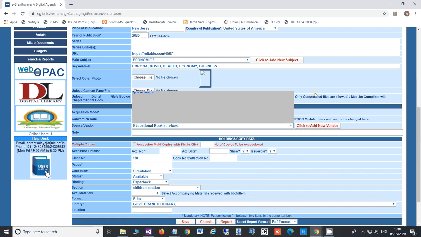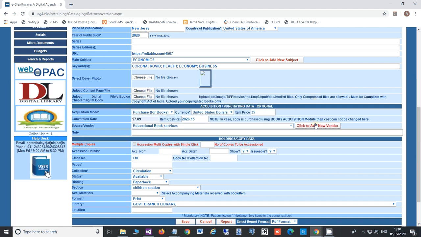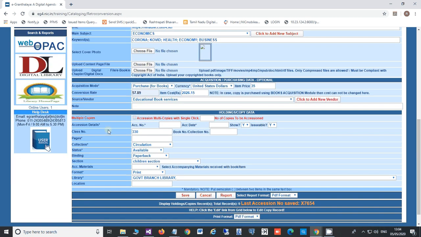In case you want to add a new vendor, then you can click this add new vendor button, and then add the vendor, save it, and then exit from that pop-up window. The vendor will be available for selection here on this form.